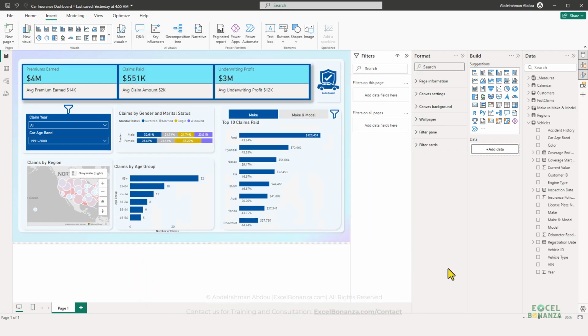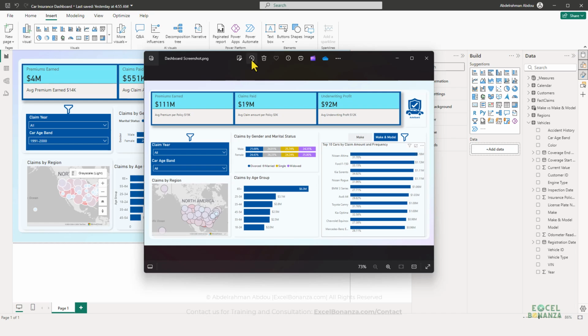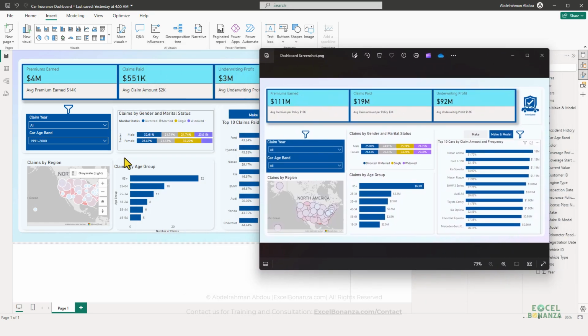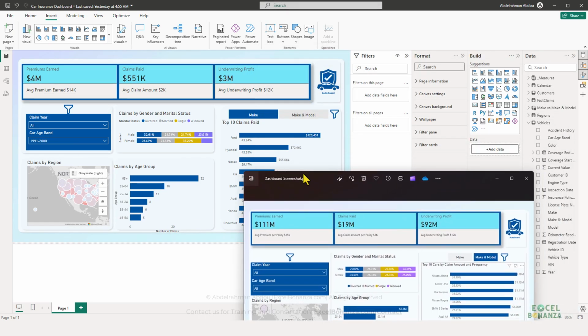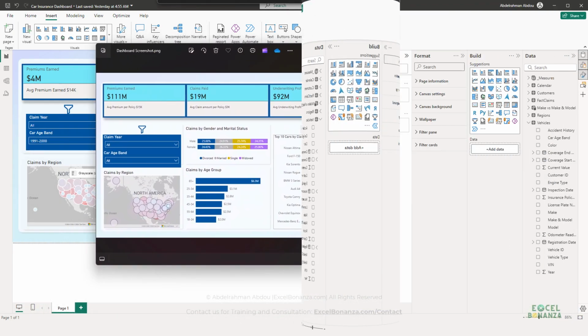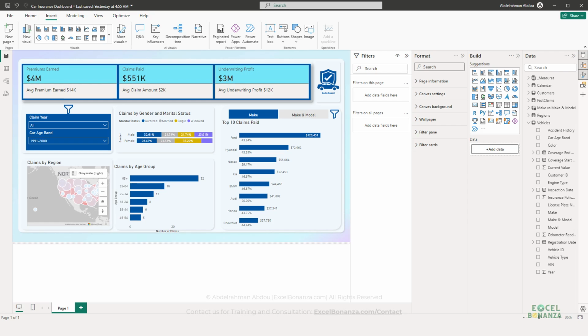All right, so this is pretty much our dashboard. You could do some small adjustments here and there, but this is pretty much the same dashboard here created. All right, guys, so in this video we've illustrated how to create a dashboard from start to finish, step by step. So if you followed along with me during the whole video, you should be able to create this dashboard at the end. So I hope that this video was helpful for you, and let me know if you have any questions